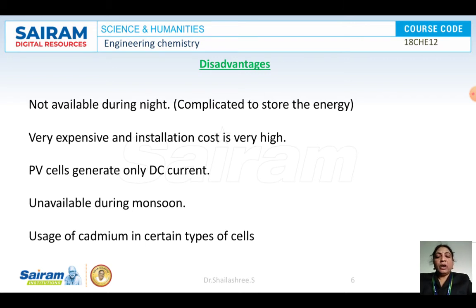Compared to all the other sources, solar energy will be the best source of energy, because in our country there is no problem for sunlight. Almost all of the time it will be available. So if it is efficiently converted, a large amount of energy can be liberated. The only problem here is that making the PN junction is costlier, so the installation cost becomes more. That is the only disadvantage I can say. Otherwise, in all the other ways solar cells are advantageous, and they will be one of the best sources of energy for future uses. Fine, I think it is very clear.